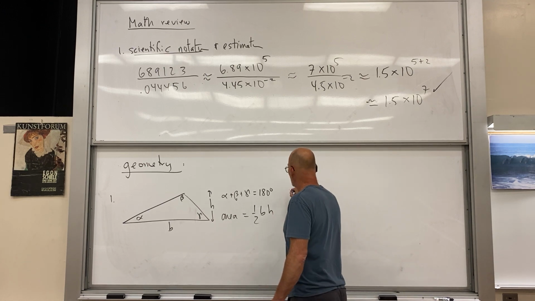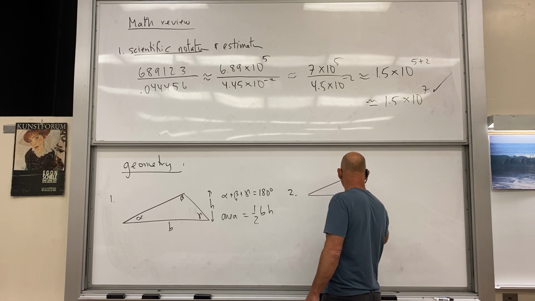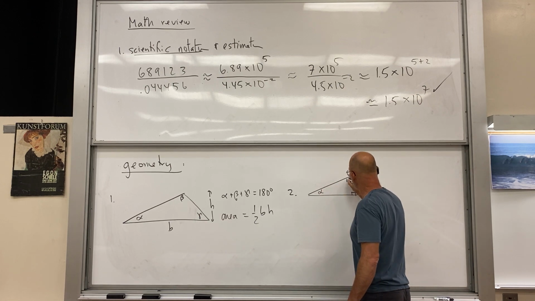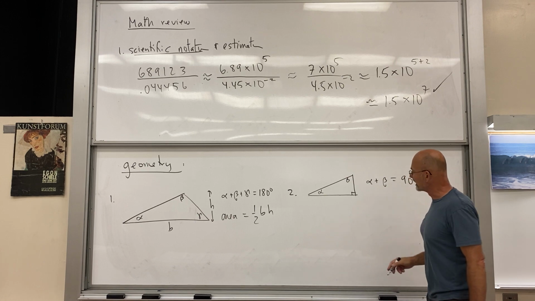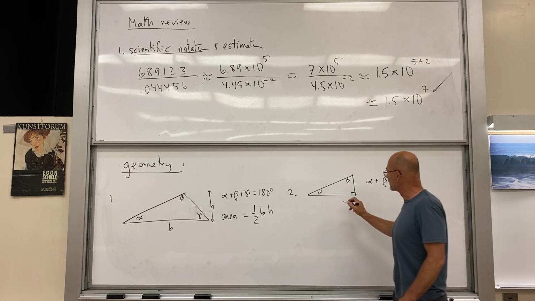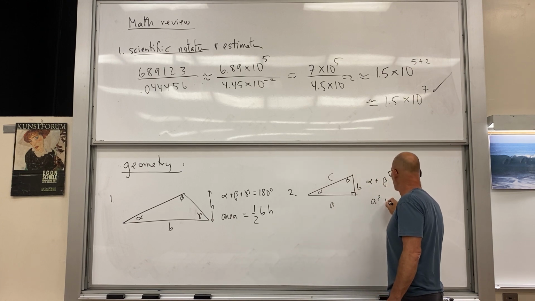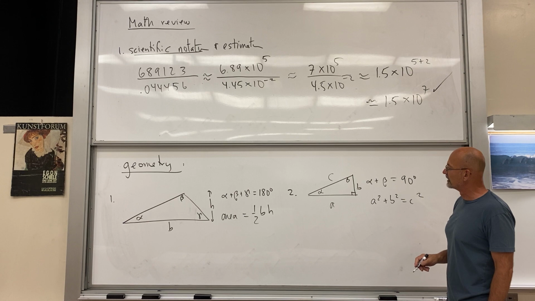Triangles. Right triangles are very important. Okay, so then we have a 90-degree angle here, alpha, beta, 90 degrees in a right triangle, and then of course the famous Pythagorean theorem. Okay, so there's triangles,